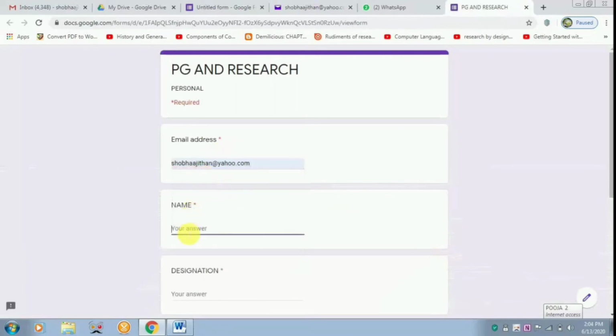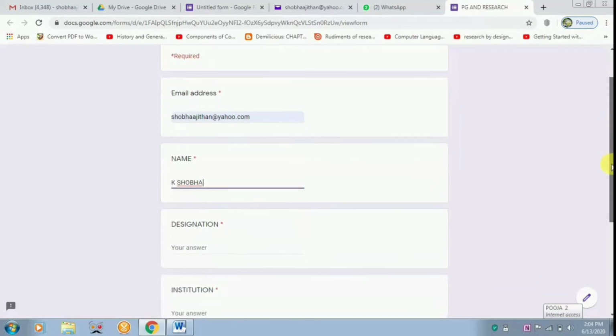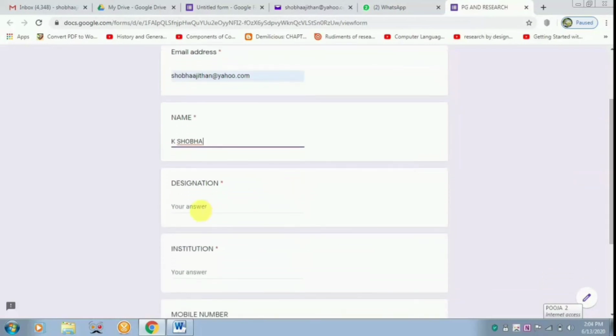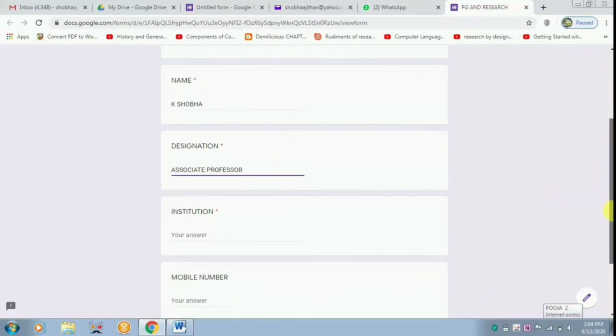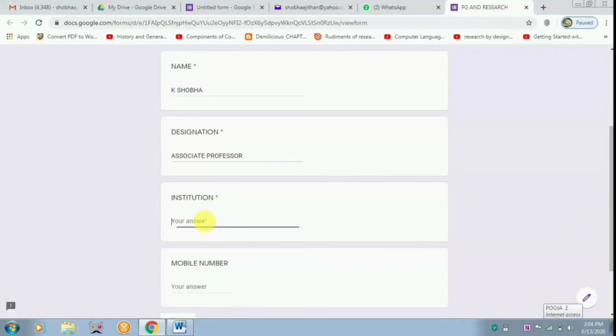shobhajitan@yahoo.com and my name will be K. Shobha. So based on the name typed by the participant, in that format alone, the certificate will appear. So there won't be any mistake from the person who's hosting it. So those who are typing, if they do wrong, the certificate also will be wrong. So it is their mistake and not the person who's hosting.